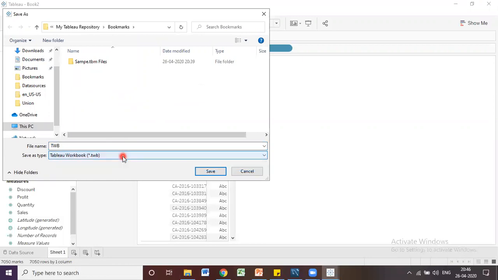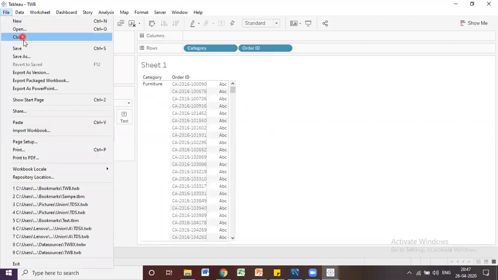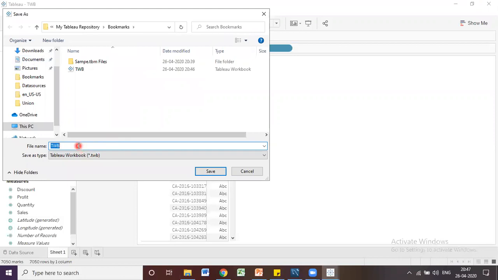I am going to select TWB and click on Save. Once you click, it will be saved on your local machine. Now I am going to save another workbook by clicking Save As, with the name TWBX, and I am going to save it as a TWBX file type. Let's save it.